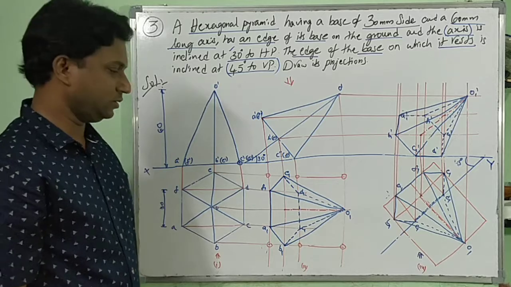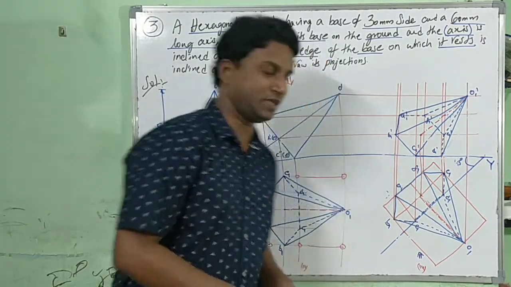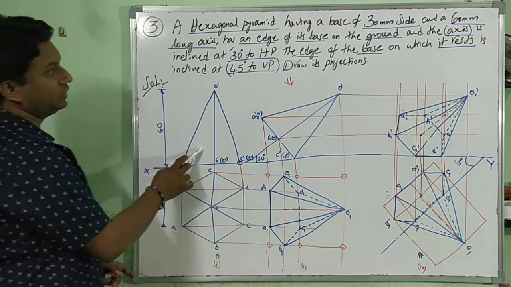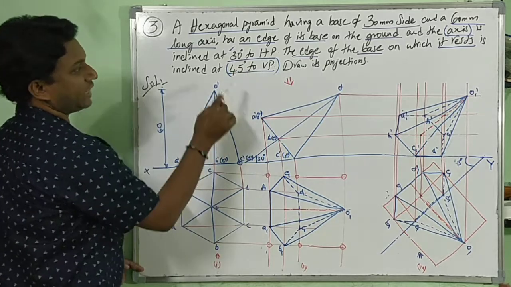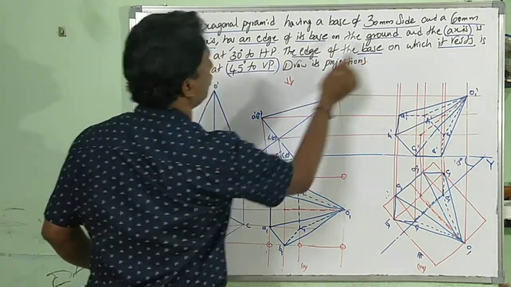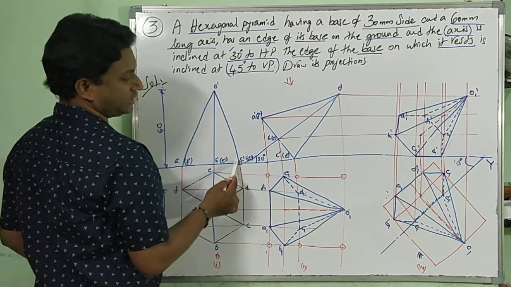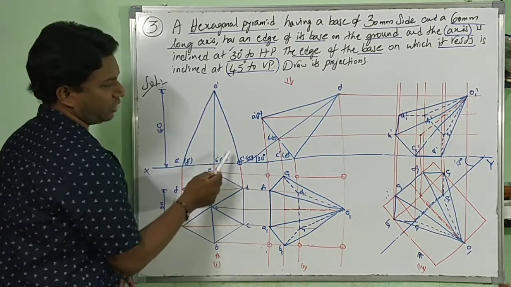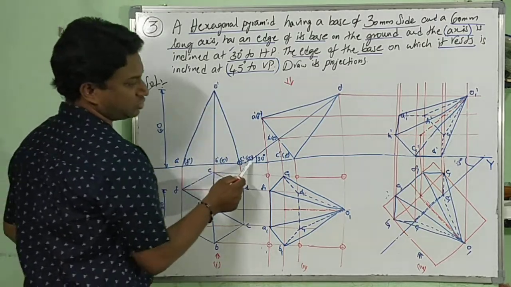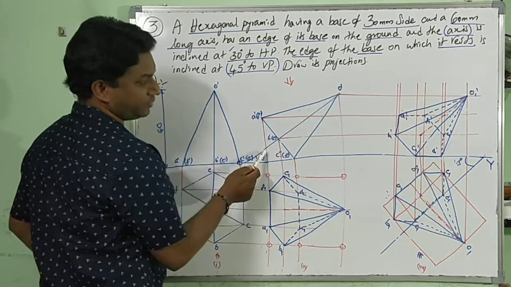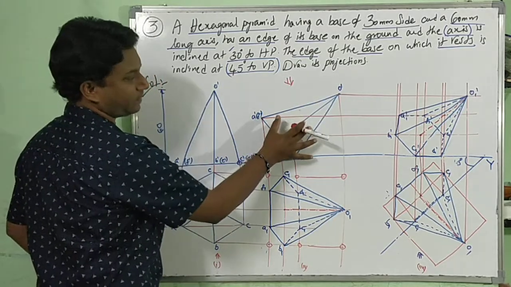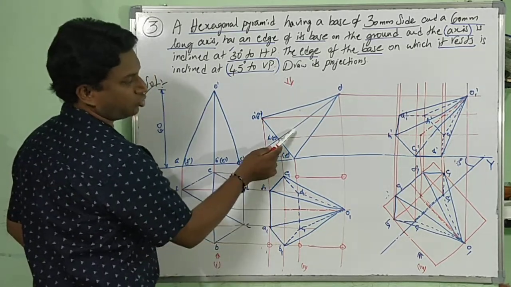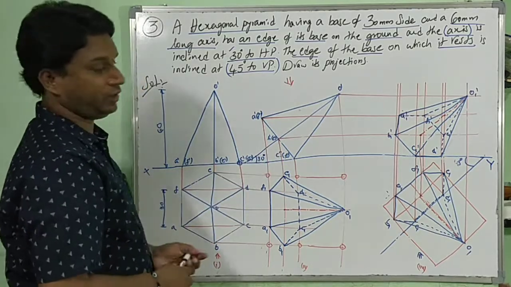I hope you all understand. See, we have done a step by step 3-stage problem. First stage: drawing top view, true shape, projecting front view. Second stage: satisfying the first condition, base on the ground with one edge. One edge is C dash D dash we are considering. With respect to that, the axis is dominated with the O dash B dash line. So we drew a 30 degrees line, O dash B dash line, reconstructed this at an angle of 30 degrees, and projected its top view. Thick edges and hidden edges are to be identified with respect to the half line.